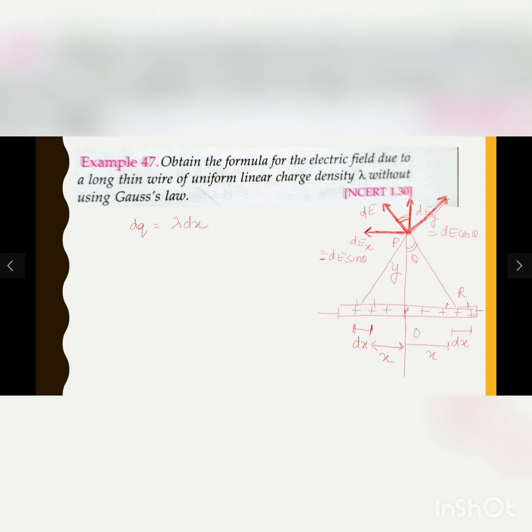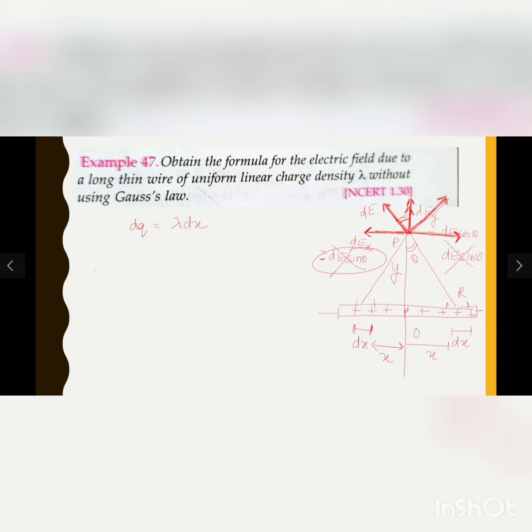force. Corresponding to that we will have electric field, and corresponding to that we will have y and x components of the electric field. So we can see that the component on the left hand side will contribute in a manner that the sin theta component will get cancelled out by the two halves of the wire, whereas the cos theta component will get added up due to the two halves of the wire.